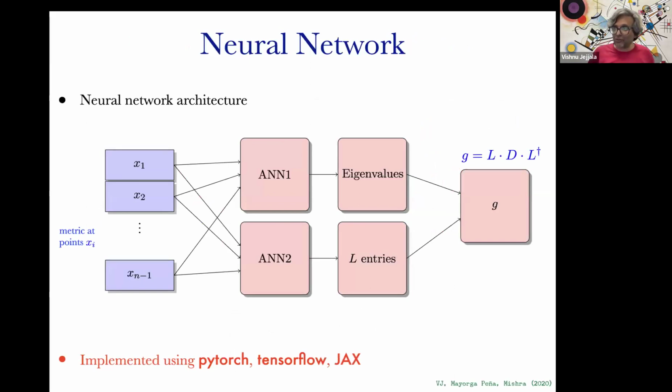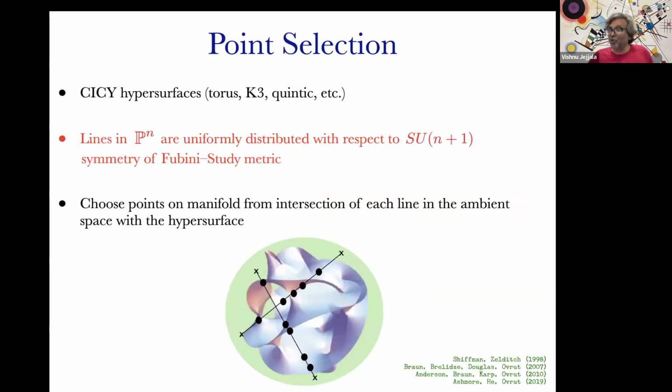So in our particular case, for finding the Ricci-flat metric, we use the fact that the metric is Hermitian and use an LDL decomposition of the metric. And we have two different neural networks, one training on diagonal components and one training on the lower triangular entries. And we implemented this using PyTorch and TensorFlow and JAX, and different Python-like architectures used in machine learning. And we then need to choose points to evaluate the metric at. So one way of choosing points is